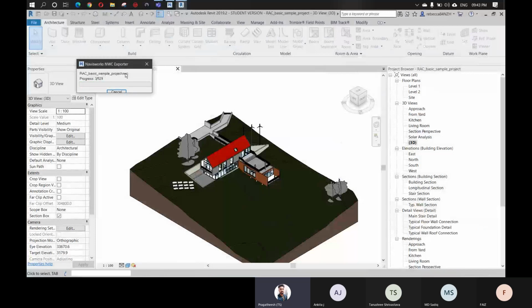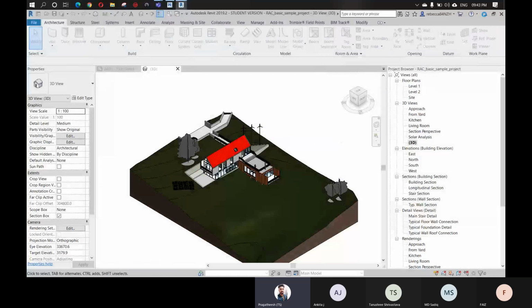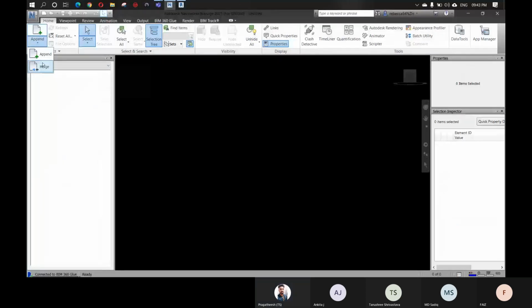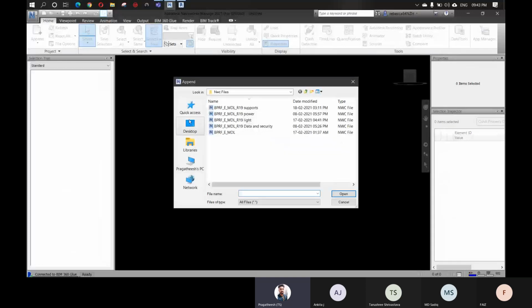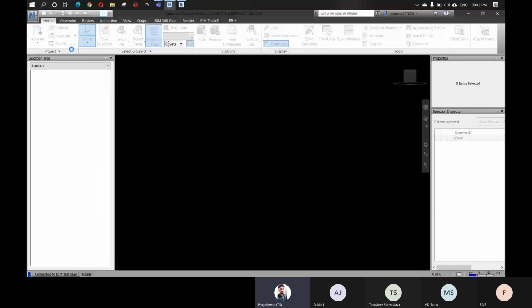So in NWC, C stands for cache file. It's a Navisworks cache file. Here I'm appending this.